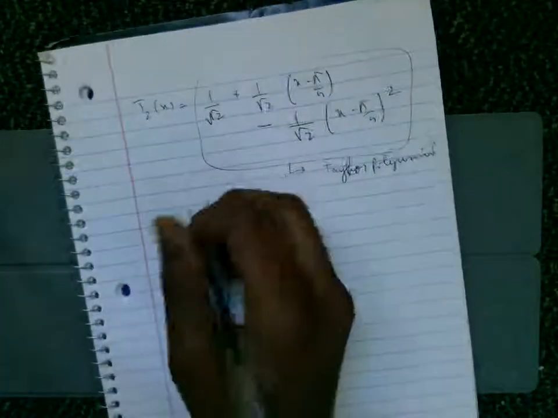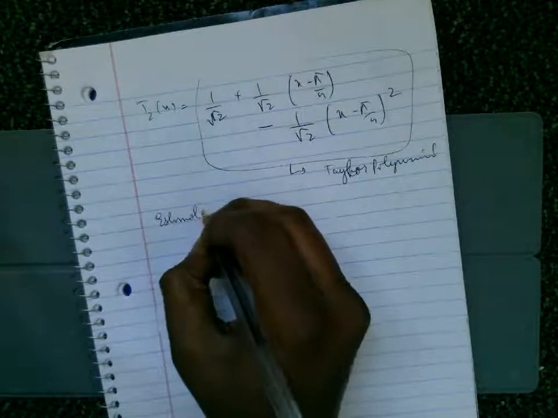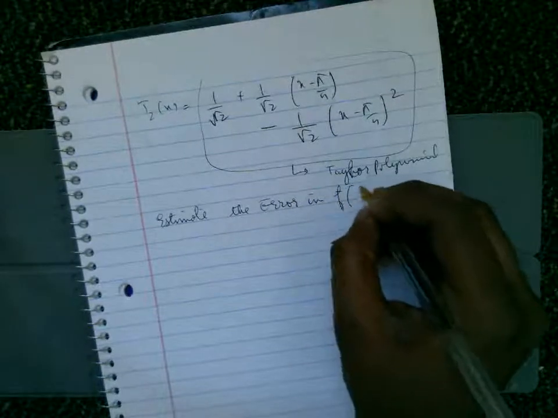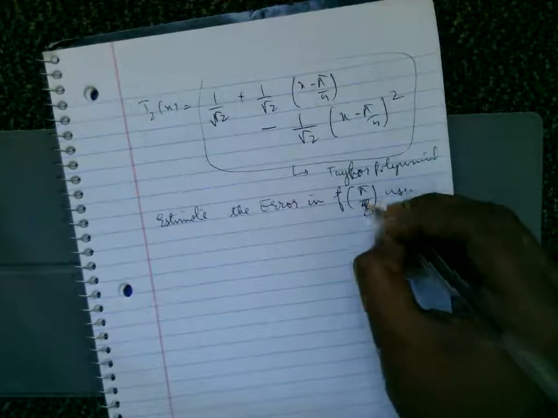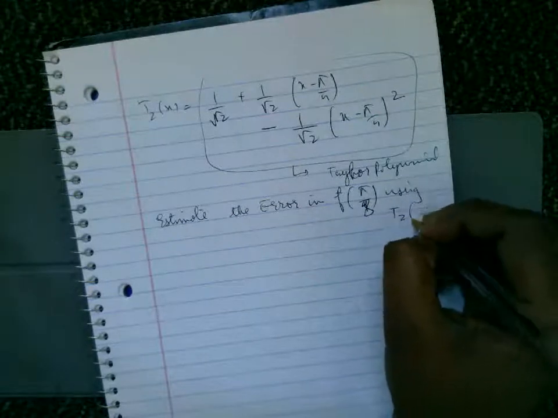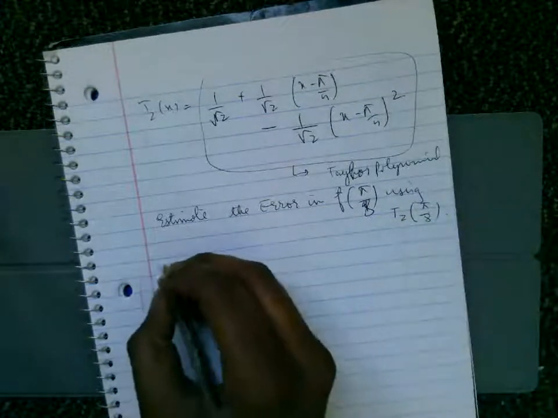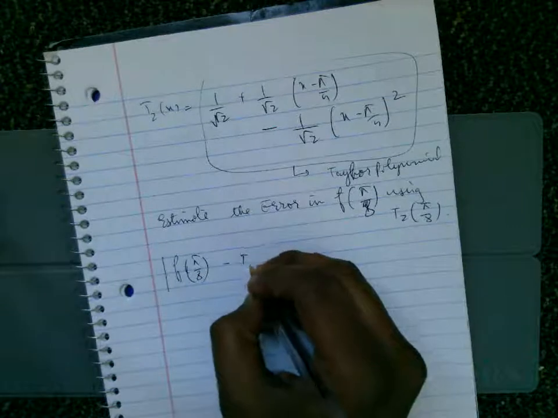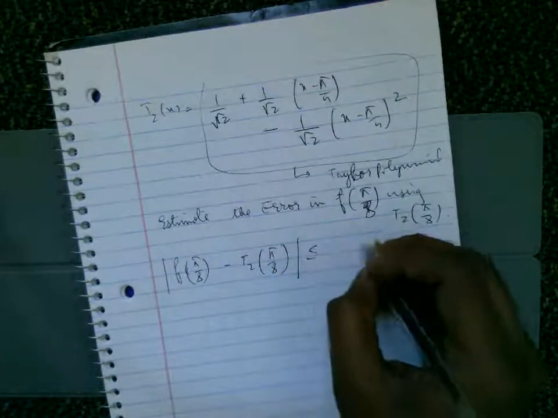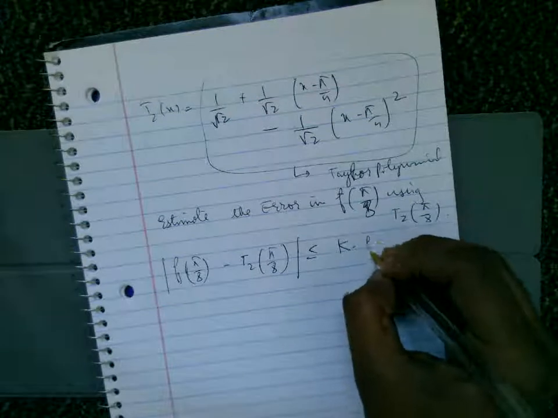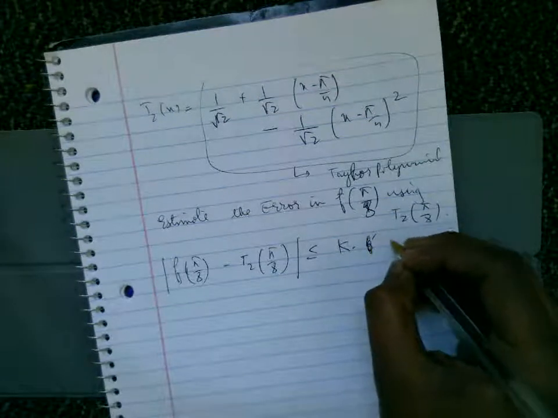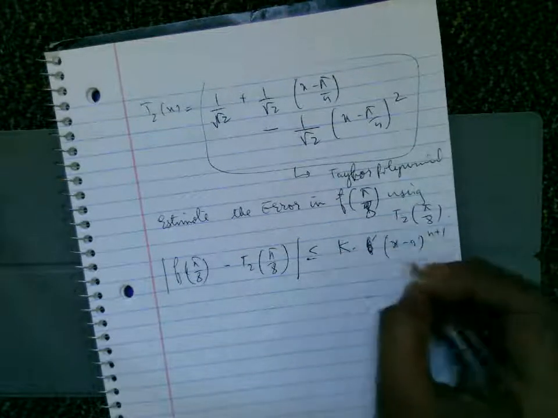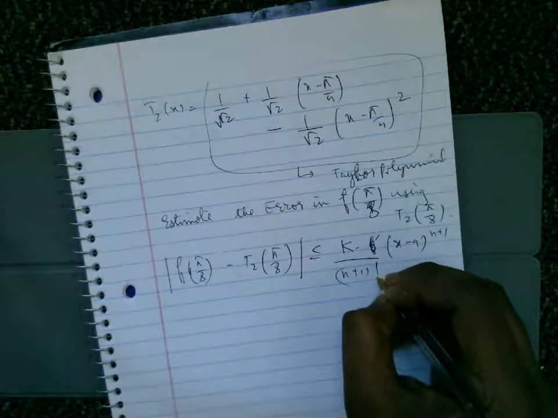And also we are to estimate the error in f of pi by 8 using T2 of pi by 8. So we know that this error is less than or equal to K times (x minus a) to the power n plus 1 by (n plus 1) factorial,